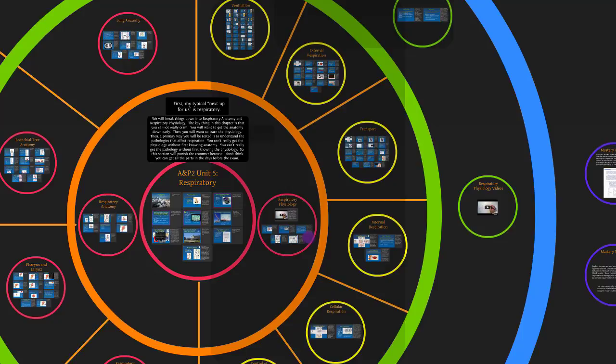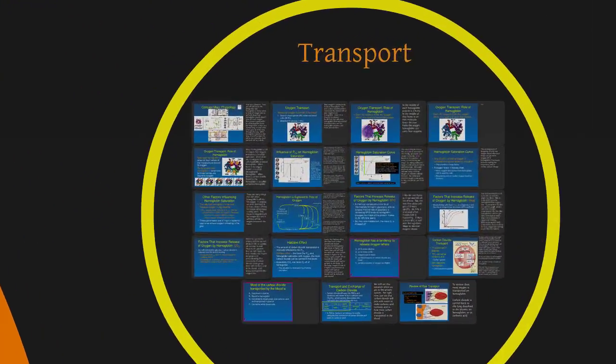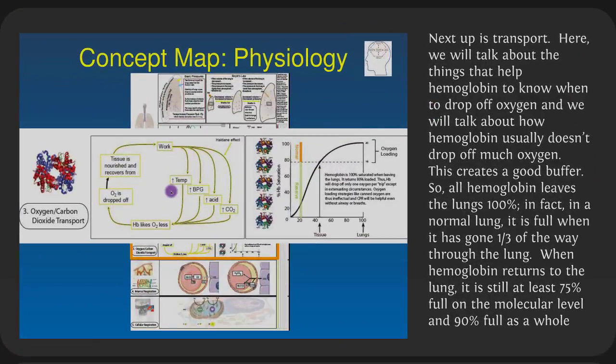Broaden out again, look at what our next step is. So we've done ventilation, external respiration. Now we're going to do transport. Next up is transport. Here we'll talk about the things that help hemoglobin to know when to drop off oxygen, and we'll talk about how hemoglobin usually doesn't drop off much